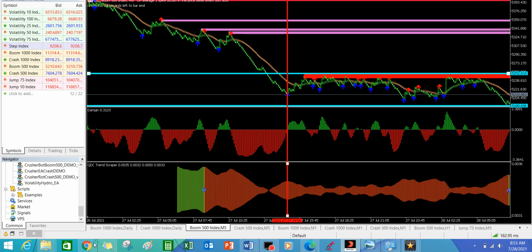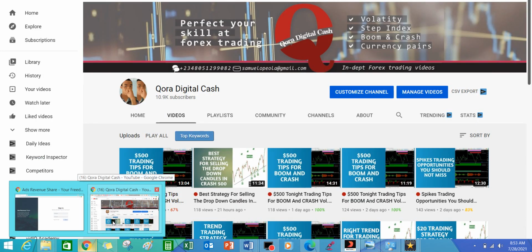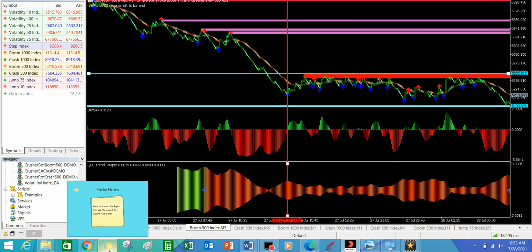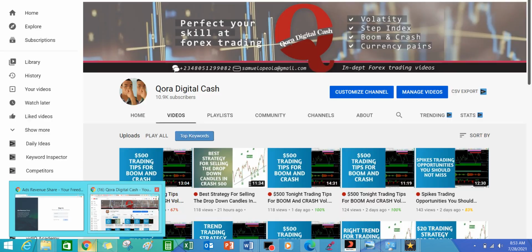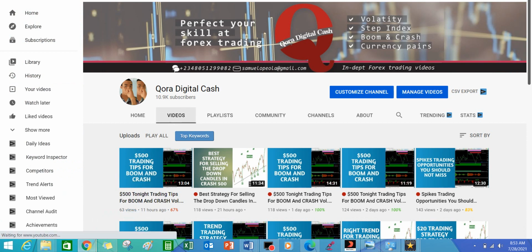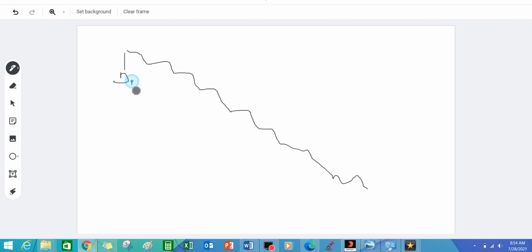So let's go back into what we've got today, which is how to know the exact market movement before we jump into the trade. This market movement can help us to know what to look out for in the coming days. This is how it works. If the market movement shows that the market is going to be on a downtrend for a very long time, it can be on a downtrend from day 1 to day 20.